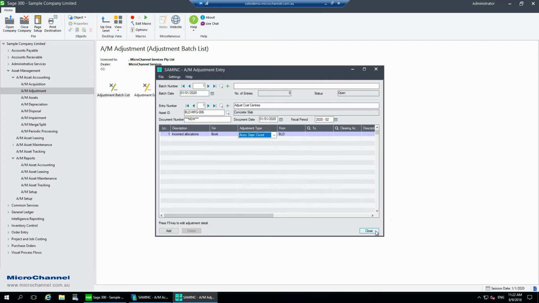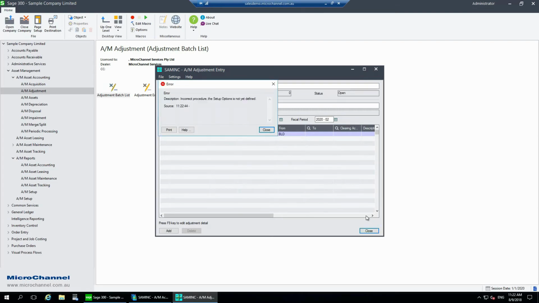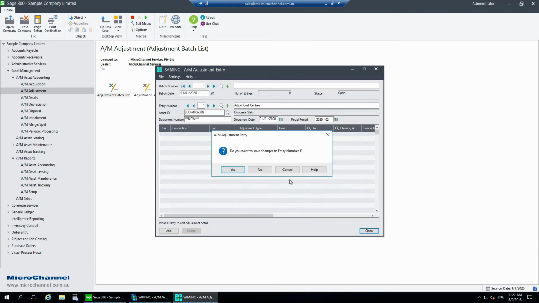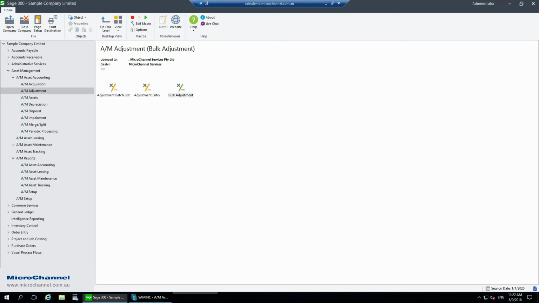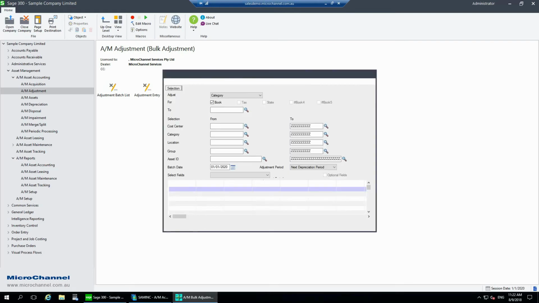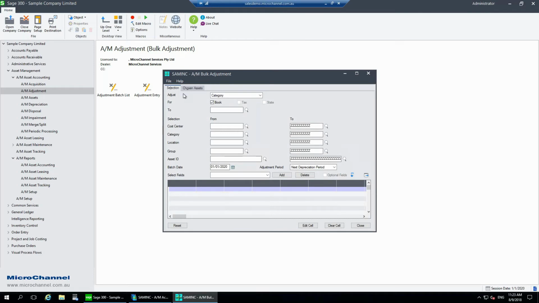And we have a function in Norming Assets that some users are not familiar with, and that is the bulk adjustment function. Bulk adjustments allow you to process an adjustment across multiple assets. A good example is if you're closing down one physical location and you want to move all the assets to another location, you could adjust a location